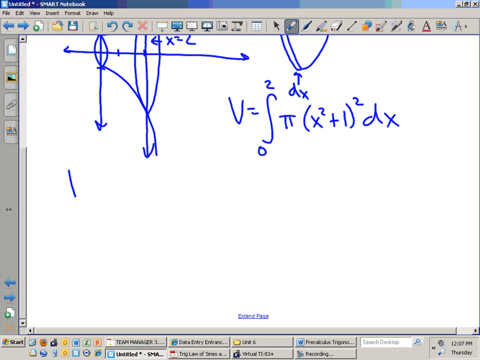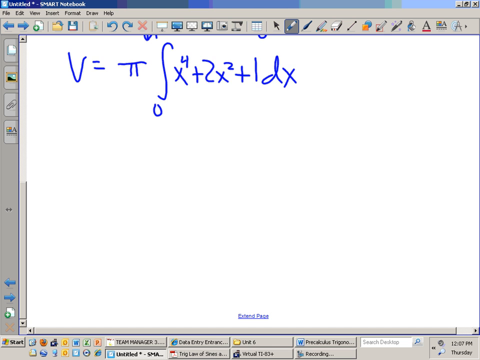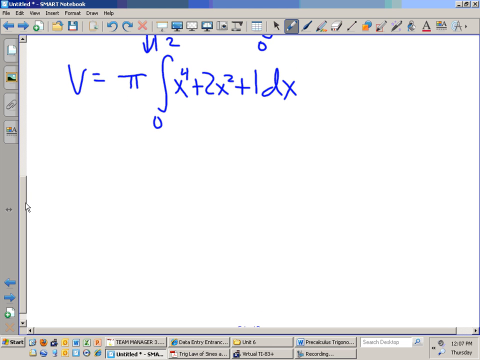So my volume, as Taylor Blake mentioned, I'm going to pull that pi out front. And I will integrate from 0 to 2. And I'm going to square this out. When I square out x squared plus 1, I get dx. Therefore, the volume is equal to pi times the antiderivative, which is